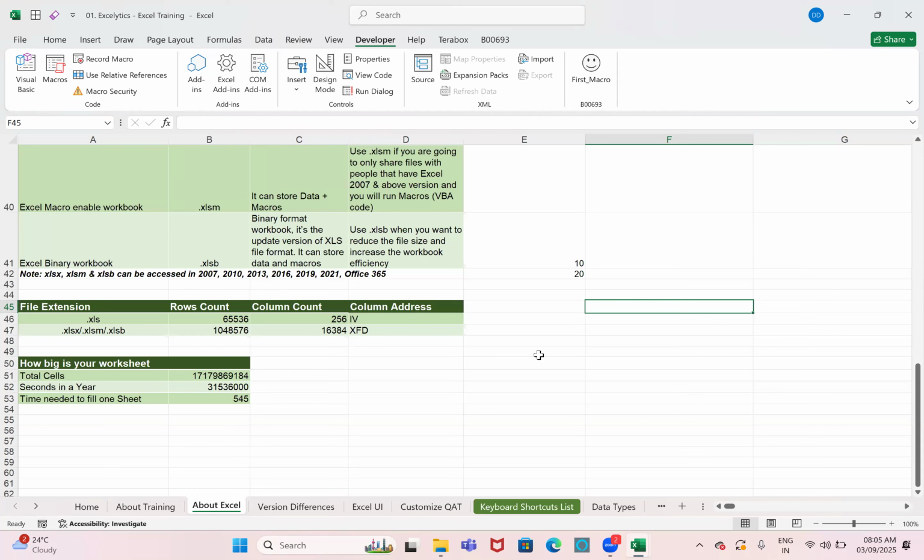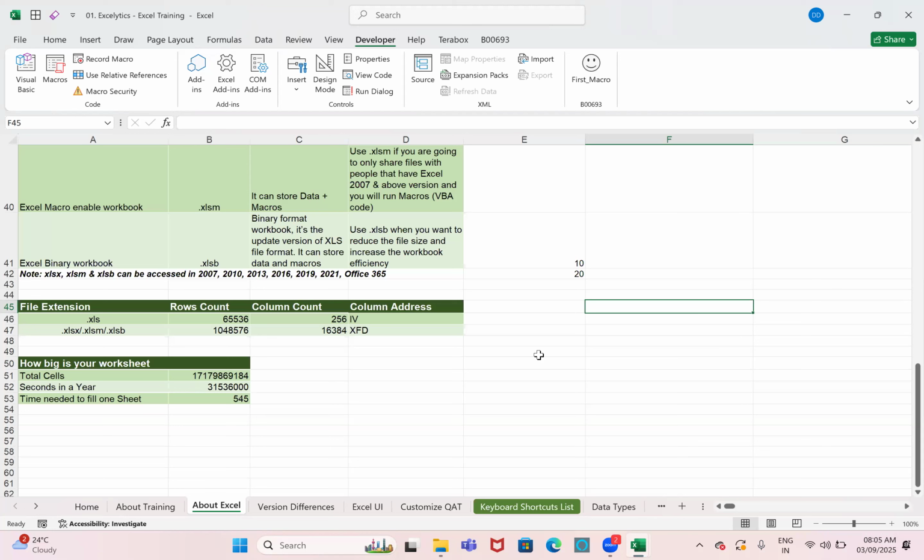What is a cell first of all? You know row. Row means what? 1, 2, 3, 4. Horizontal ones are rows. Vertical ones are called columns. A, B, C, D. We indicate columns with alphabets. Rows we indicate with the numbers, right?